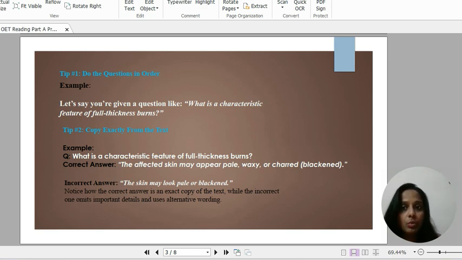And let's move on to our second tip. The second tip here is copy exactly from the text. For short answers in completion questions, it's essential to copy exactly from the text, ensuring no extra words or spelling errors. Example, here is a question given. What is the characteristic feature of full thickness burn? So if we see the text,